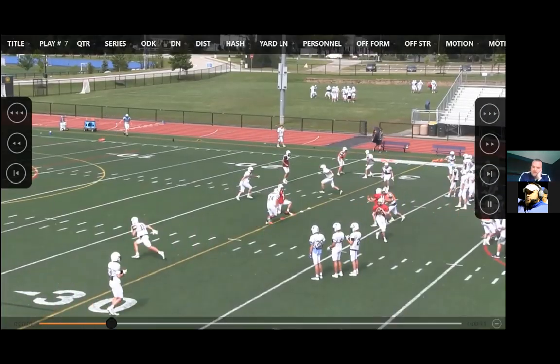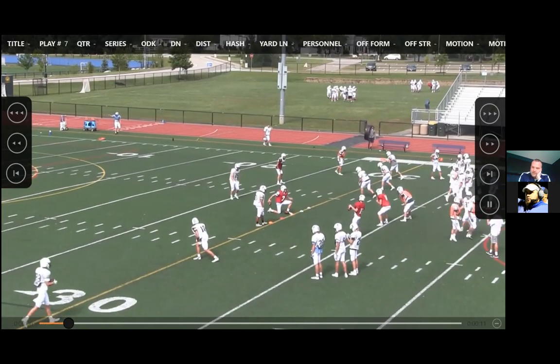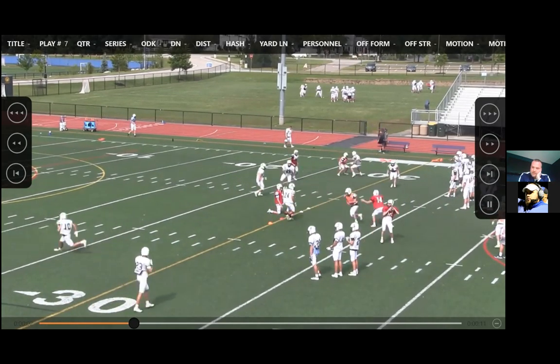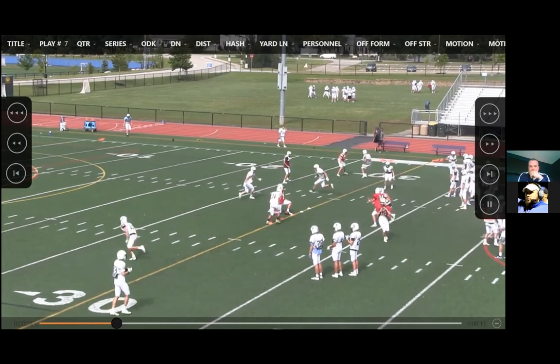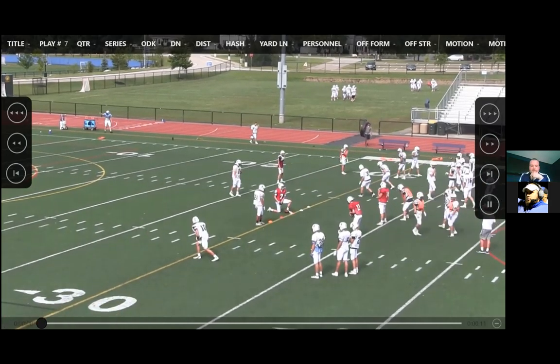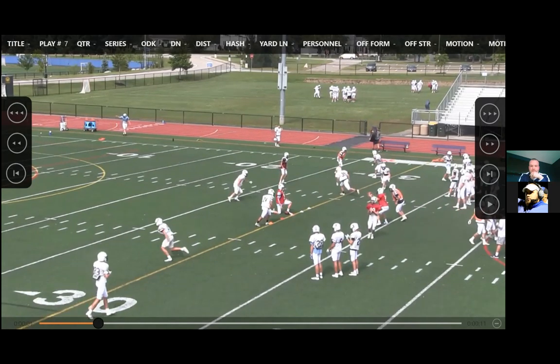And then this is what we do every Tuesday. You could tell because we're in full pads. But this is our RPO core, we call it. So just to kind of break the drill down a little bit, we're going to run an individual route over here. So this particular week we were working the 4-step rounded out. It might be a slant, it might be a hitch one week, it might be a post one week. But whatever our sort of route of choice is going to be, we're going to work that.